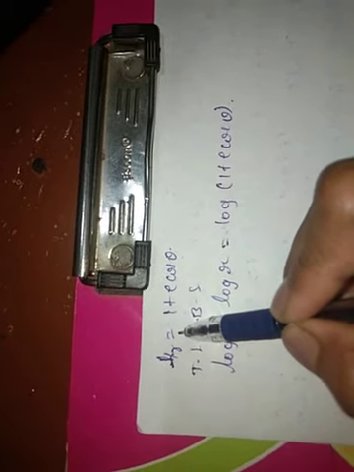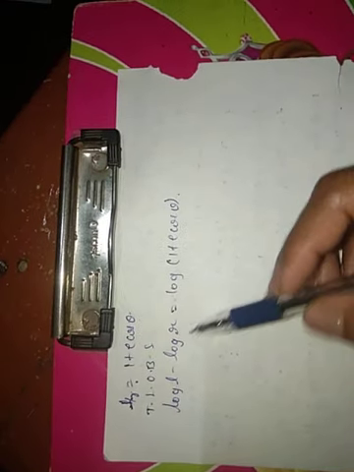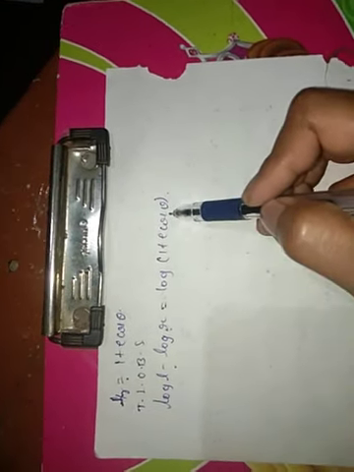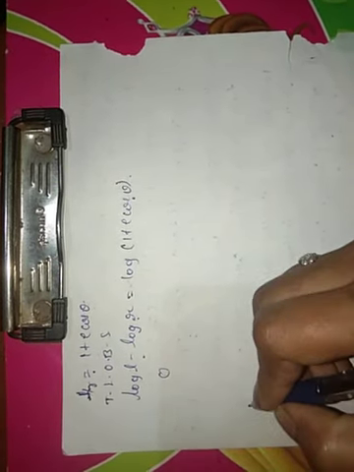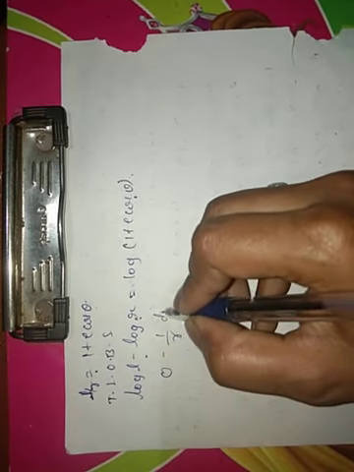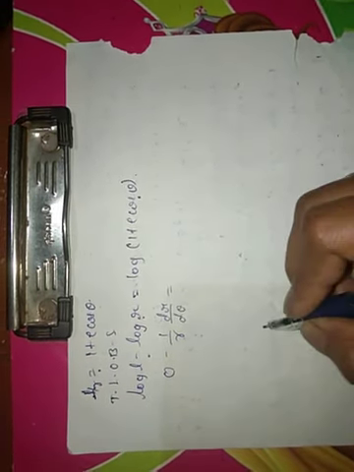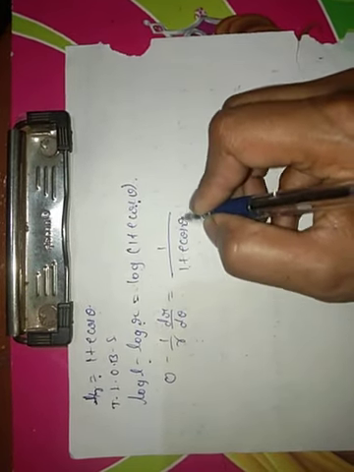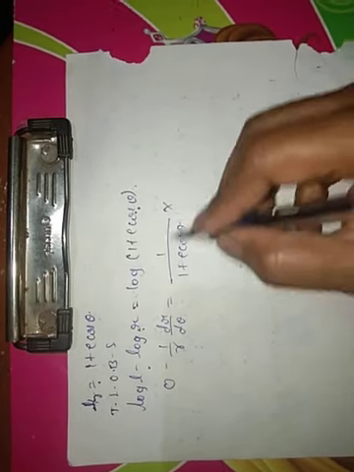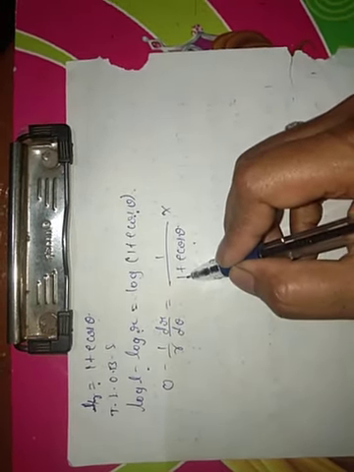L by r equals 1 plus e cos theta. For the L by r, take a log on both sides. When you take a log on both sides, log of L by r is equal to log L minus log r. That is the formula of log a by b: log a by b equal to log a minus log b, log of 1 plus e cos theta. Now differentiating with respect to theta, we get derivative of log L is 0. Derivative of log r is 1 by r into dr by d theta. Derivative of log of the function is 1 by 1 plus e cos theta into the derivative of 1 plus e cos theta. The derivative of 1 is 0.